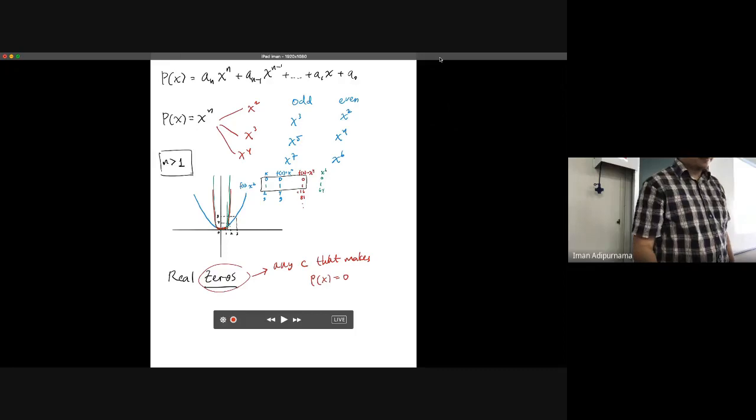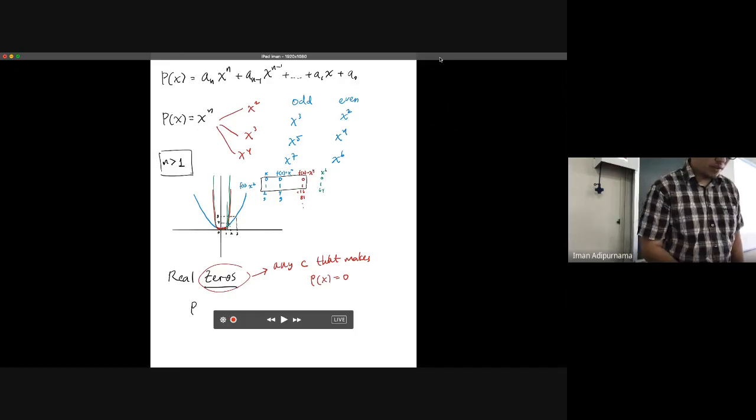So when you plug in that c, it will become 0. P is a polynomial, c is a real number. We can say that c is a zero of P,